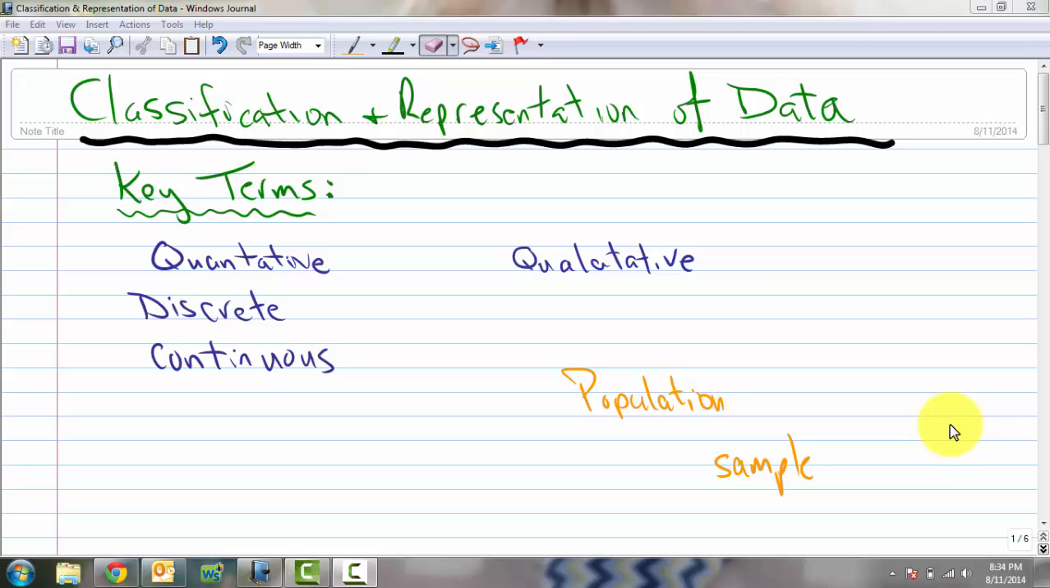Welcome to our first day of statistics. So we're going to look at classification and representation of data. We're going to start with the classification part. So there are two types of data, two main types. We're looking at